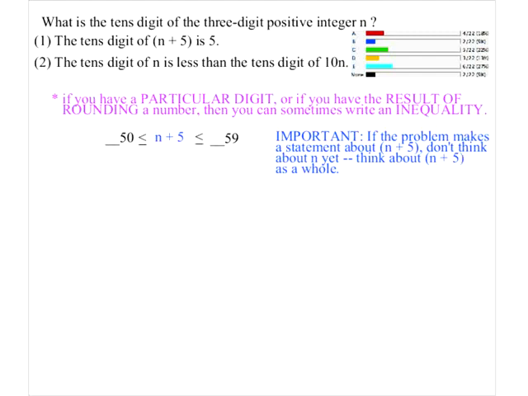Because there's a lot of problems where they do this, right? If the problem tells you about n plus 5, then you have to say n plus 5. I mean, you can just use the words this or that if that doesn't make sense to you. Like the tens digit of that thing is 5. So that thing is between something 50 and something 59. We can't make any direct inferences about n because it's not telling us anything about n. It's telling us about this thing. Does this make sense? Smiley faces if that does make sense, especially from the person who put the question in the text box.